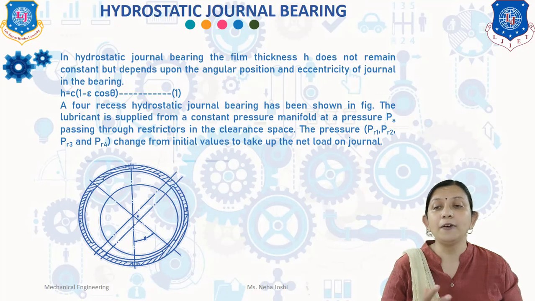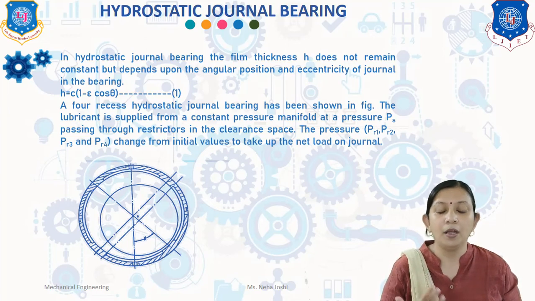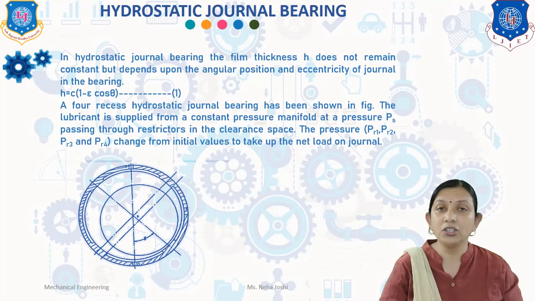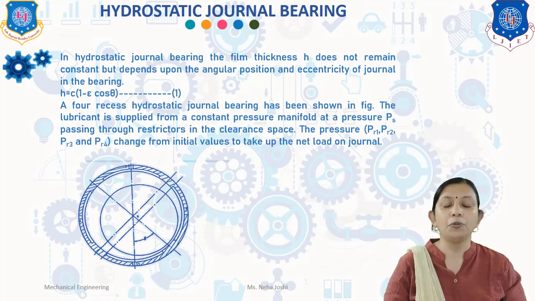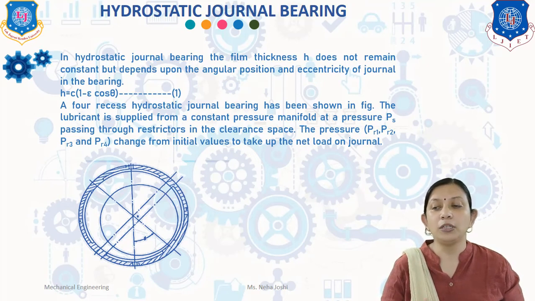The two main types of hydrostatic journal bearings are the multi-pad bearing, a number of thrust pad bearings with curved surface to form a cylindrical bearing surface, and the multi-recess bearing. The basic difference between the operation of multi-pad and multi-recess bearing is the drainage grooves that exist between the adjacent pads. The drainage grooves between the pads are regions of low pressure and therefore contribute nothing to the bearing load capacity. A 4-recess hydrostatic journal bearing has been shown in the figure.